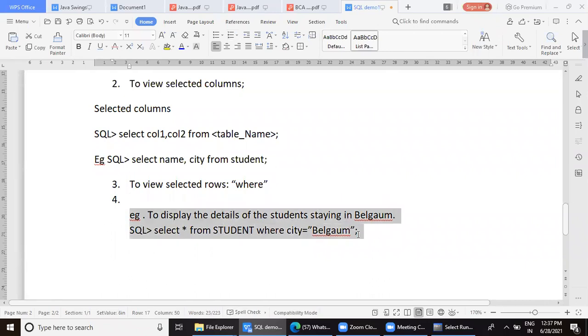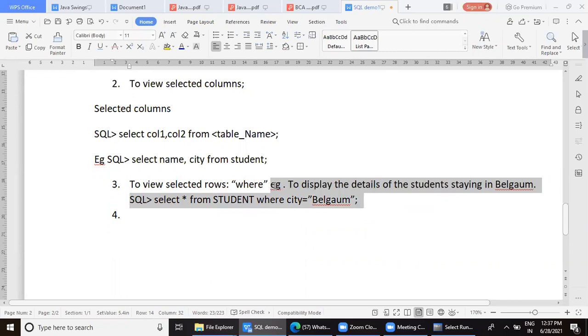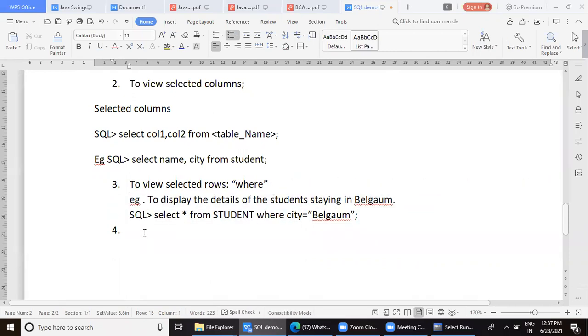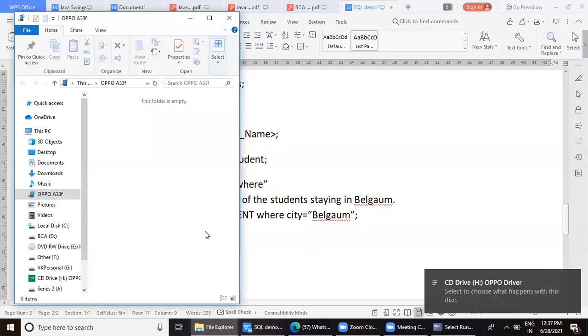Okay. This I'll take it up. To view. City equal to Belgaum, you had checked, right?